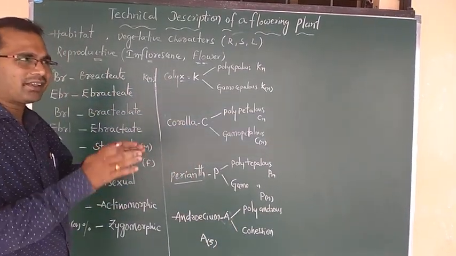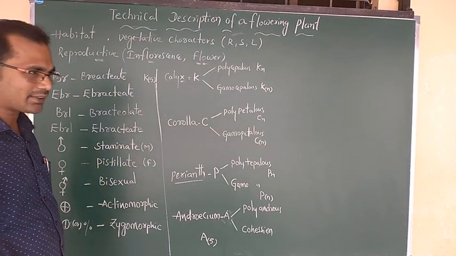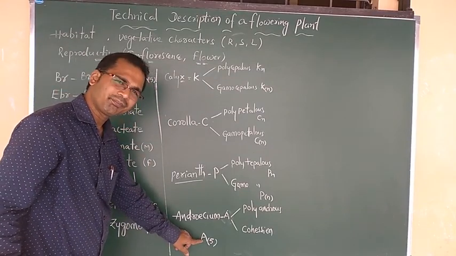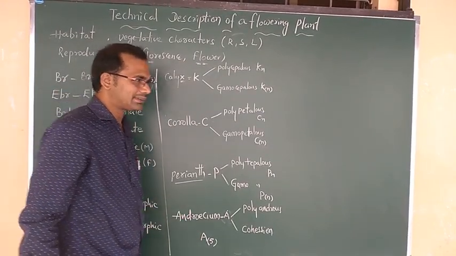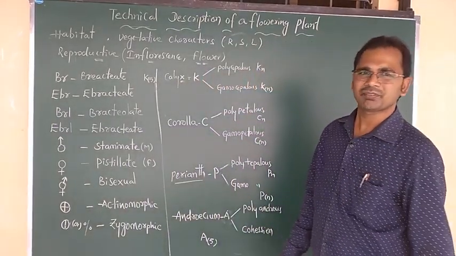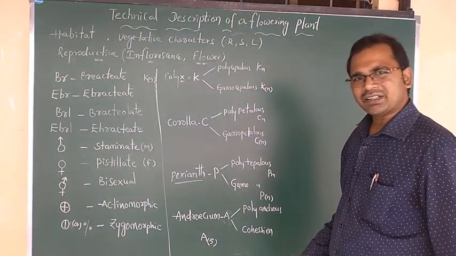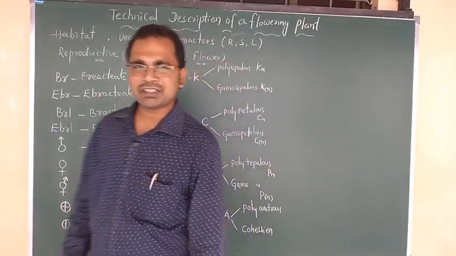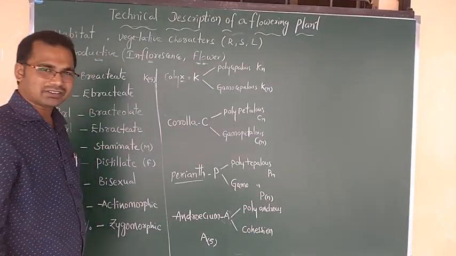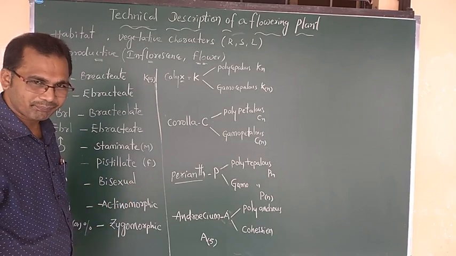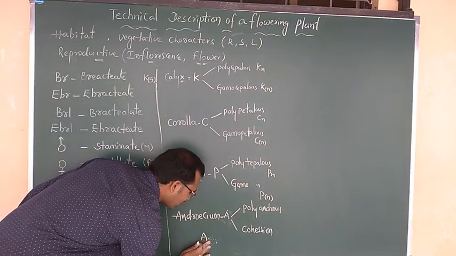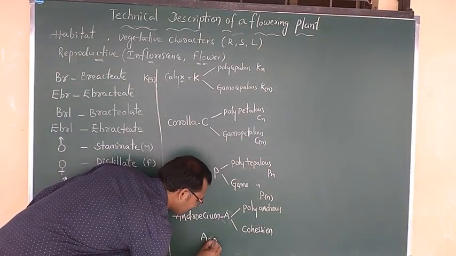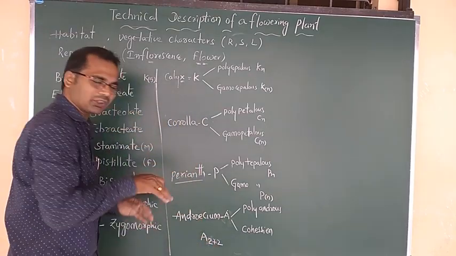Bracket number keeping within the bracket, that condition we call cohesion. Completed? This is called stamens, androecium. Okay? But in some cases stamens are present in two bundles. Two are long, two are short. Like that. What do you do? 2 plus 2. The arrangement is in two whorls.